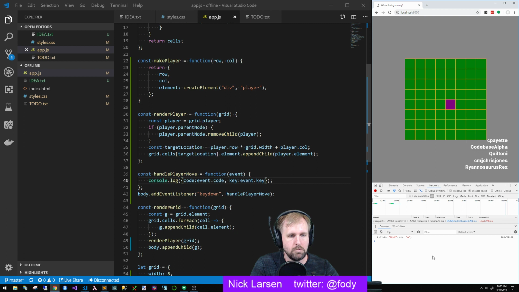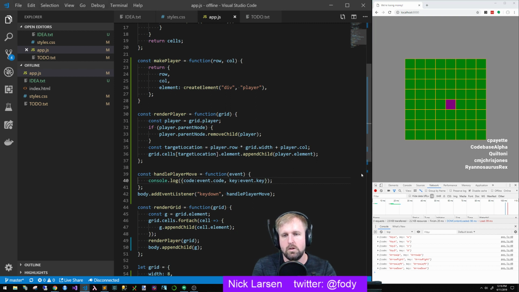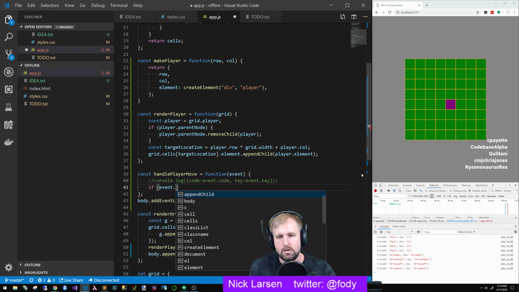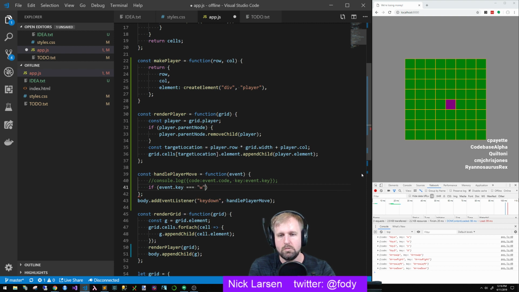So, WASD. Well, key looks like the one that I like the best because it's super simple. What if we do like arrow keys? Oh. We'll just stick with WASD. Okay, so let's just go with event, if event.key equals W, then grid.player